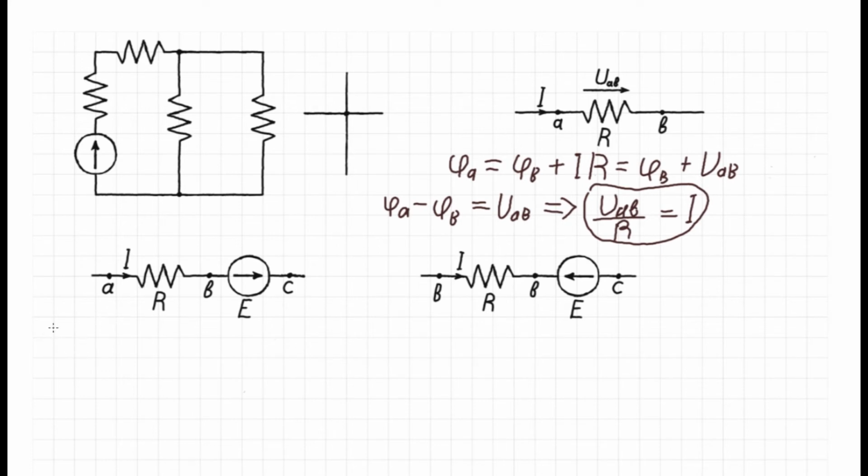And similar to before, we designate the potential at point A with the Greek phi with subscript A,